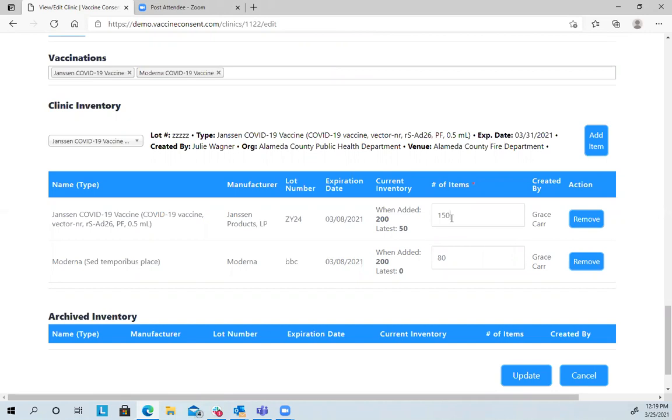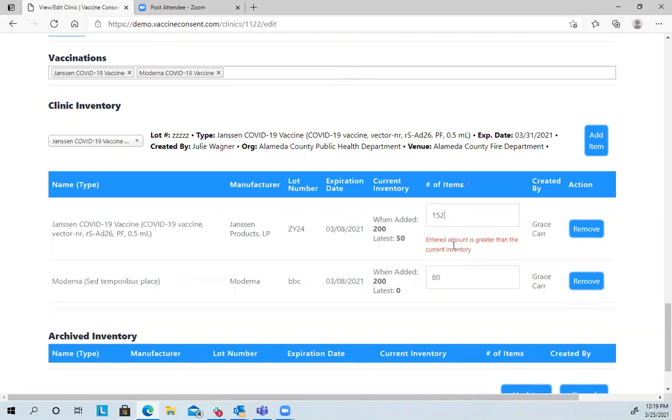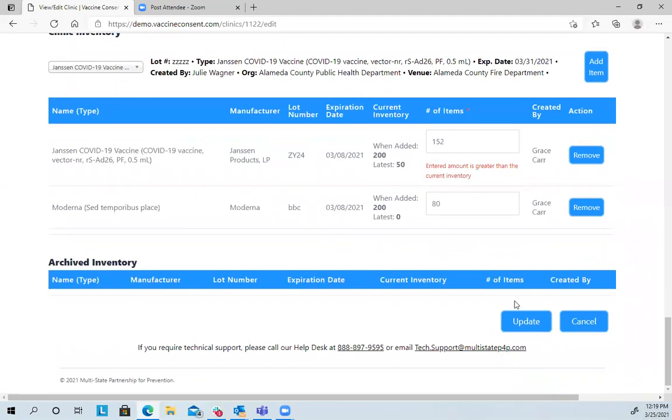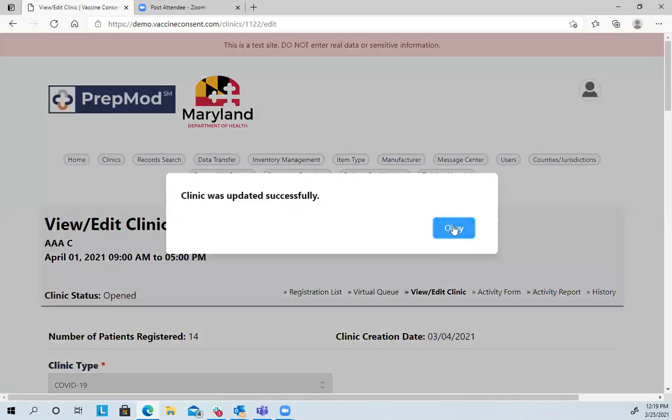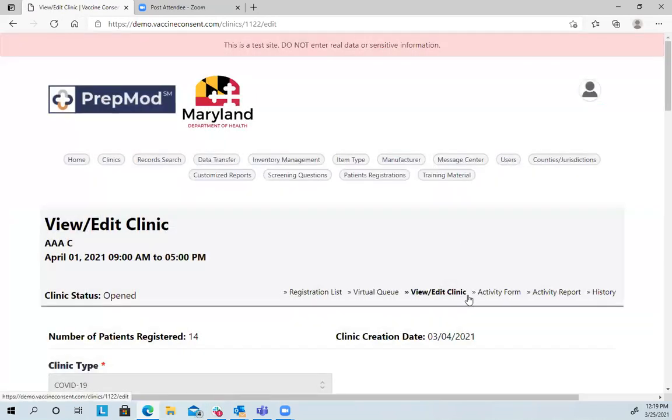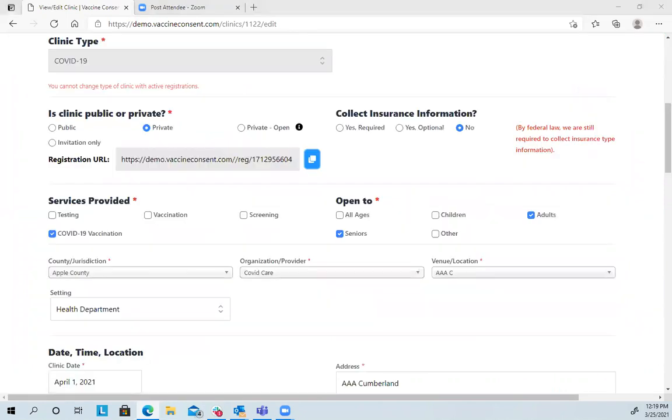I do believe in order to add those to those 2 new patients, you will need to come back to view edit, make this number 152 in this case, and we're going to say it's greater than the current inventory. You can override that. If you know you have that, don't worry. You can update. It should allow you to go ahead and update the clinic regardless, because you know what you have in clinic is why we allowed you to go more than what may appear that you should. Any other inventory questions?